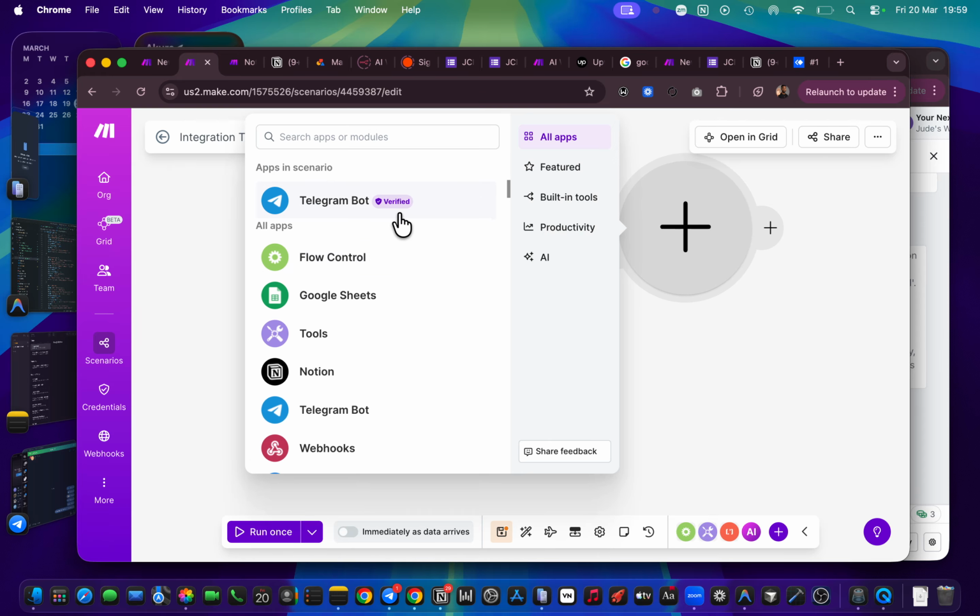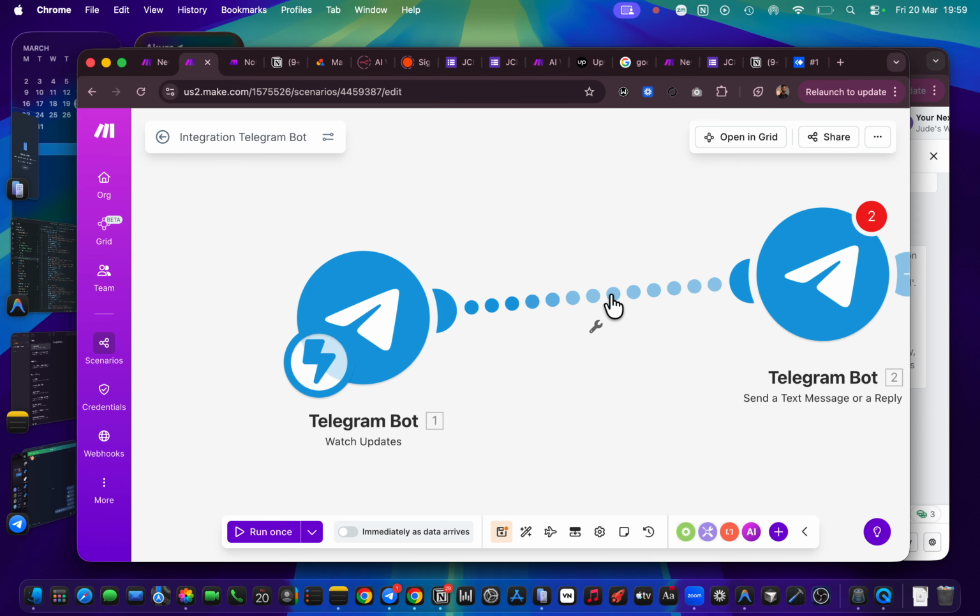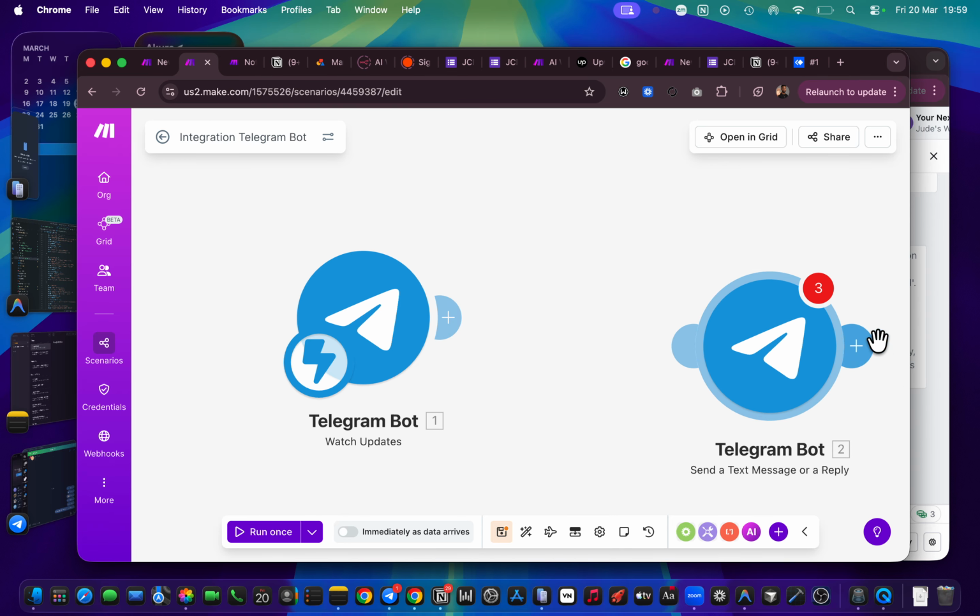When we click on send a text message, this has two bubbles here. That means it can collect from another module, and it can also send to another module. But in this case, this only has one, meaning it can only send whatever data it's getting from the webhook or from an API or anything. It can only send to another module. It cannot receive from another module.